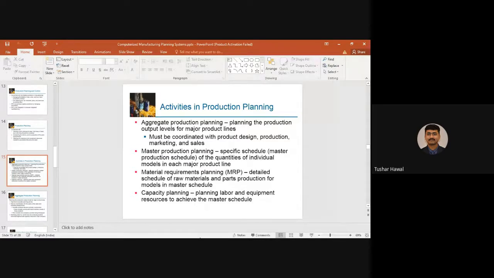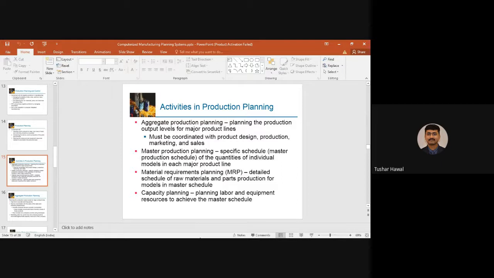Okay, then next comes the materials requirement planning. So a detailed schedule of the raw materials, okay, and the products required for the part production models in the master schedule. So this MRP, materials requirement planning, will take care of that. And the last one is the capacity planning. So these are the three things: one is the MPS, one is the MRP, and one is the CP.